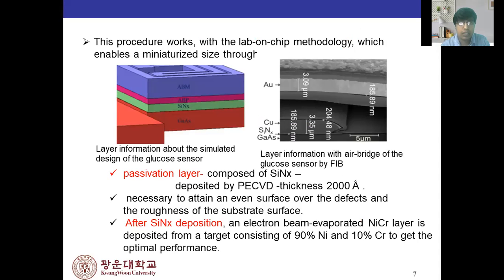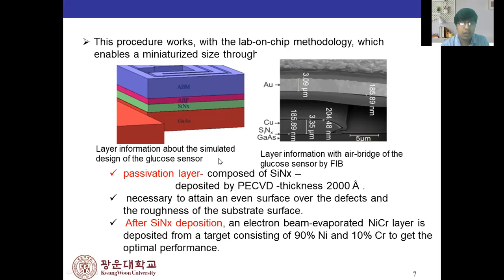You can see the layer simulation, the layer information of this glucose sensor, and the bottom layer is the gallium arsenide layer. Basically, the fabrication process starts with a preservation layer, composed of SiNx. It is deposited on top of the gallium arsenide, almost 2000 Angstrom, by the plasma enhanced chemical vapor deposition method. This is also necessary to gain an even surface over the defects and the roughness of the substrate